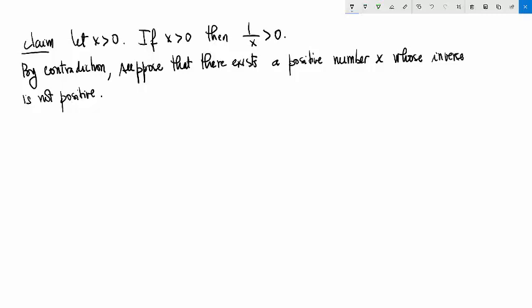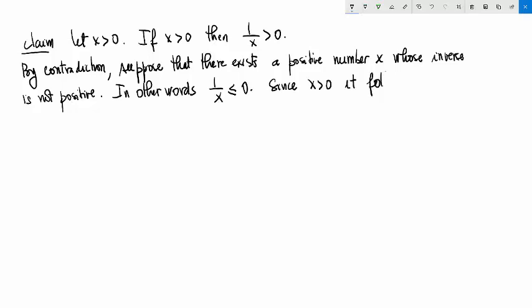Okay, so in other words, there exists some x such that 1 over x is less than or equal to 0. Now, since x is positive,